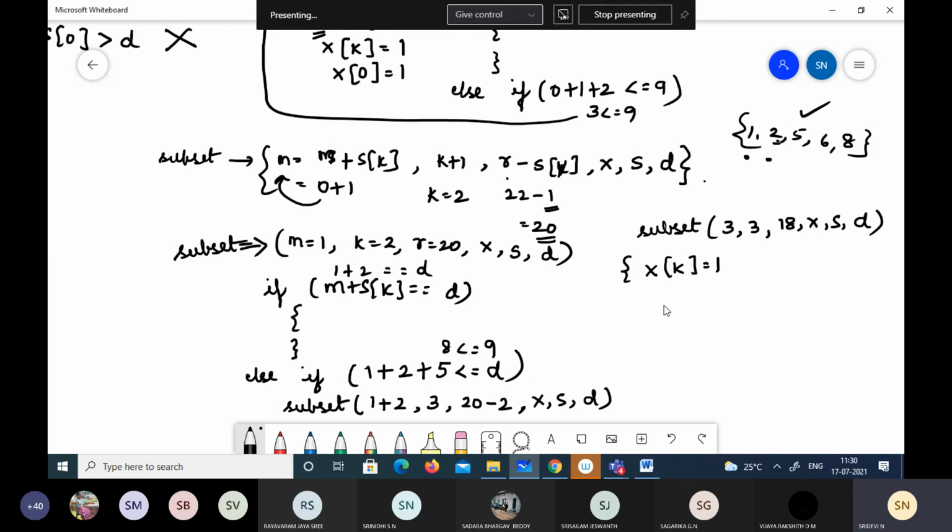Now, is m plus s of 3 equal to d? See here, we already have 3 in the sum, plus the next s of k is nothing but the third element, 5. 5 plus 3, 8. Is 8 equal to 9?